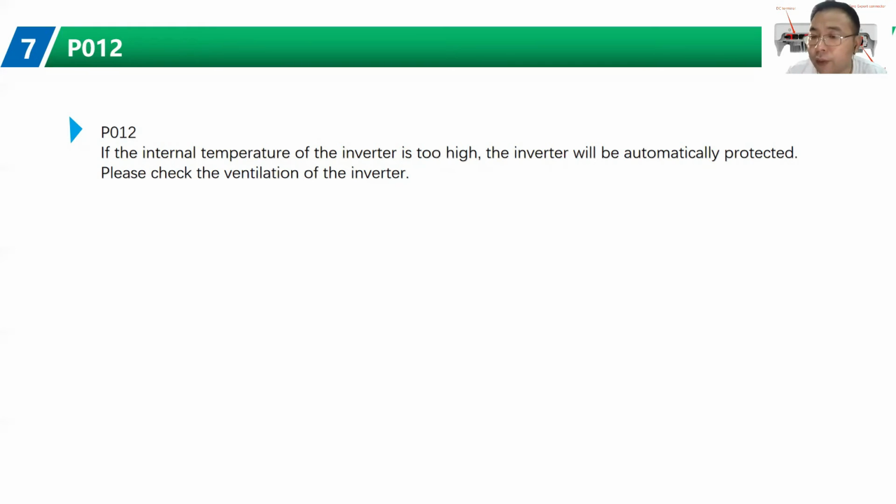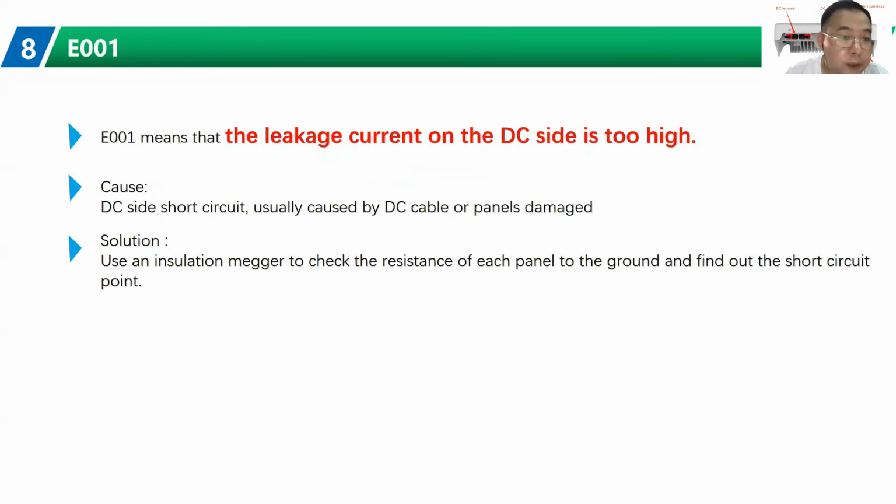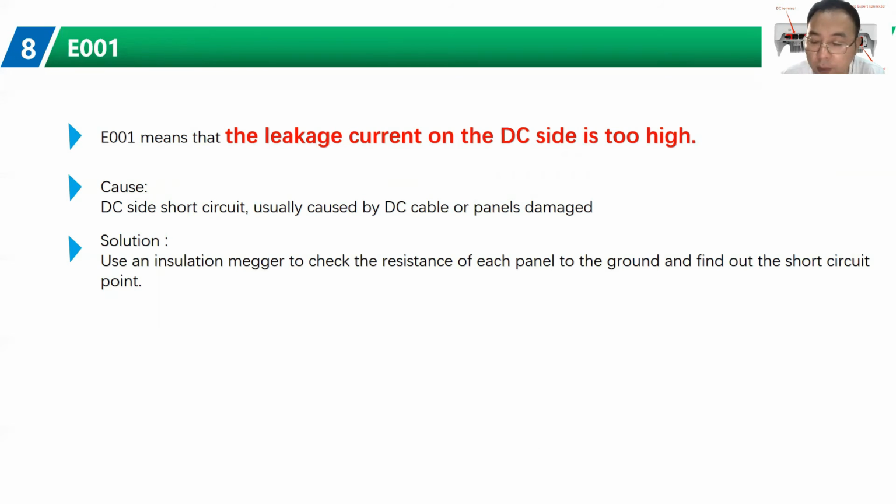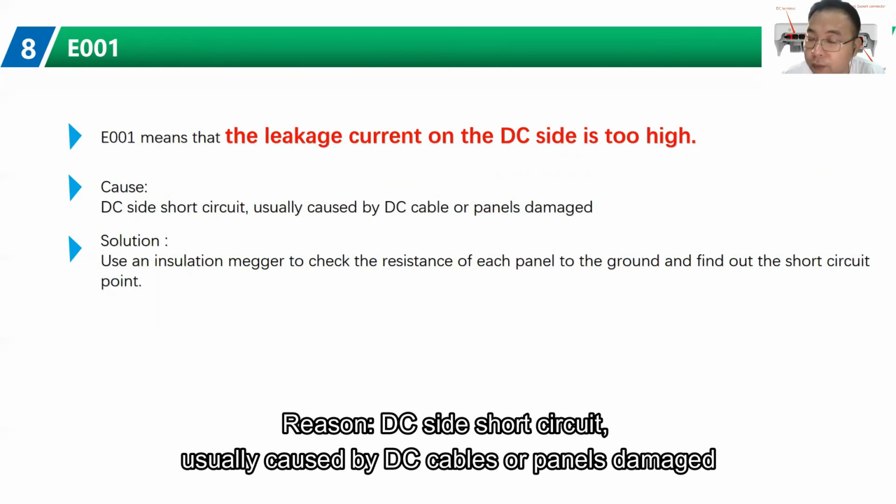This is P. P means protection. Let's discuss the E. E means error. E001, most common E001. E001 means leakage current on the DC side is too high. Reason for it: